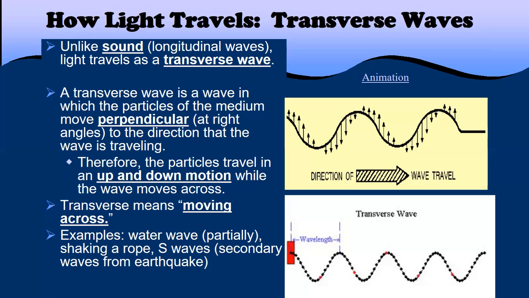Shaking a rope, moving up and down, like you're doing a whip, or like S waves, which come from an earthquake. Okay, an earthquake causes very big waves, and it causes what we call S waves, seismic waves, and it causes things to move on the earth. But probably the one you're most familiar with is shaking that rope. If you've ever done it in a whip fashion with the rope, if you slow that down and you look over here to the right,